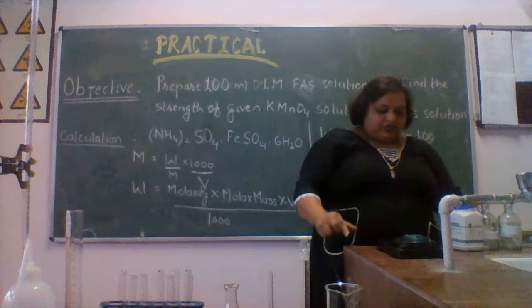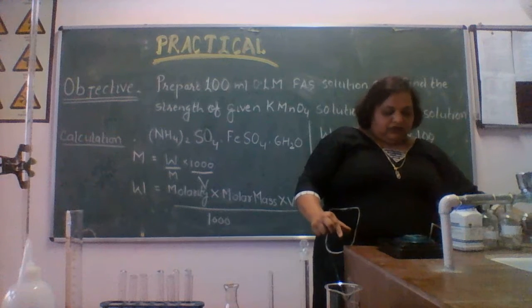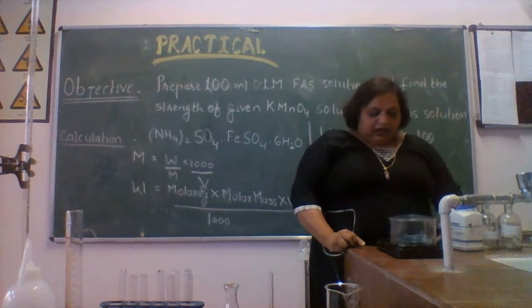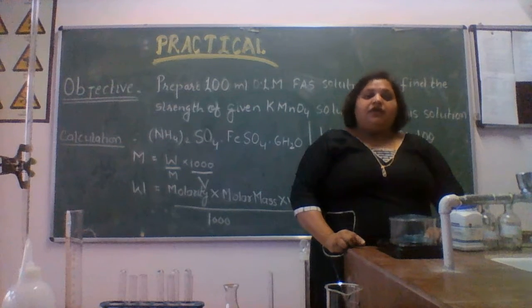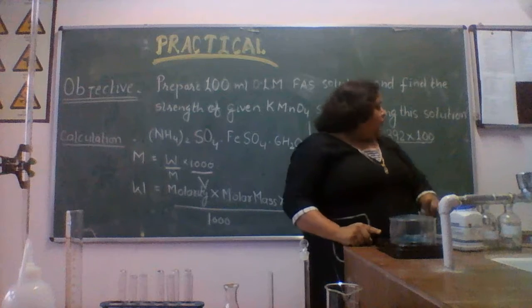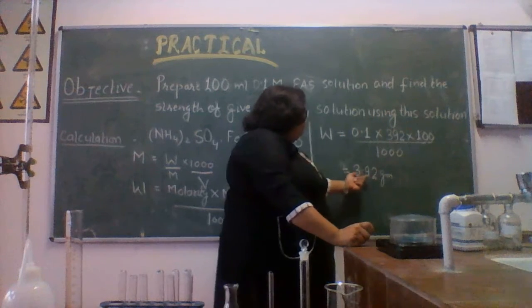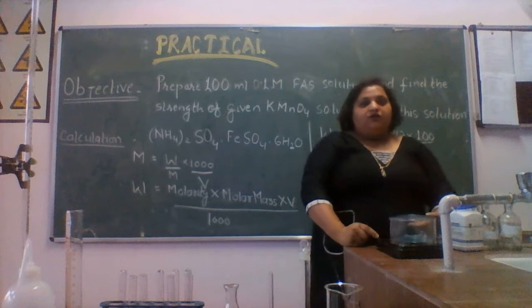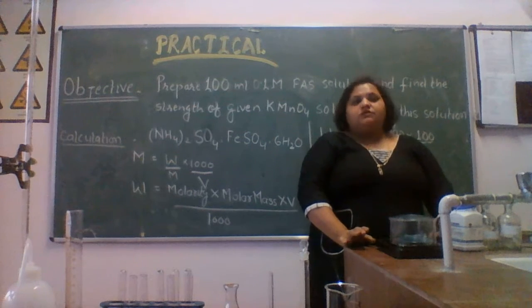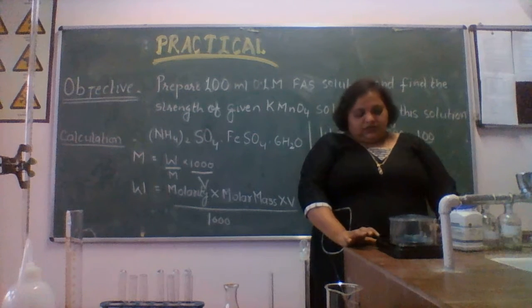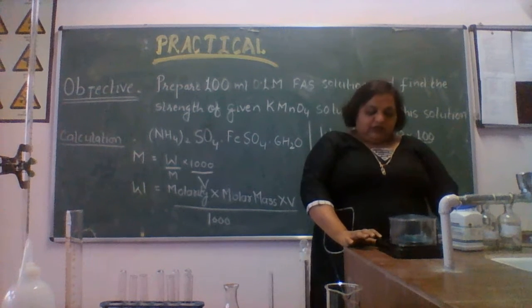I have placed it here and covered it, and its reading is 17.58. If you do not tare, you have to add this 3.92 gram to this 17.58. To avoid this calculation and make the experiment very easy, so that we can learn it very easily,